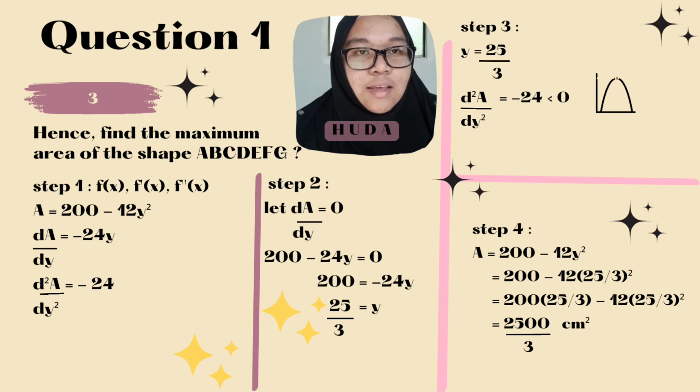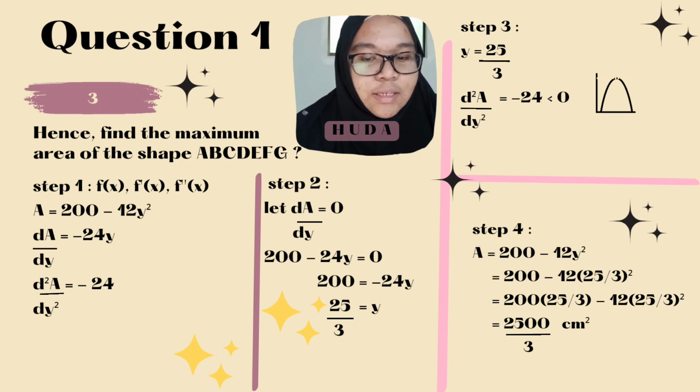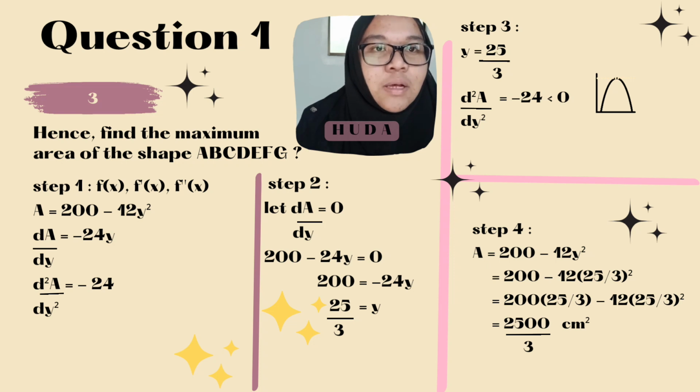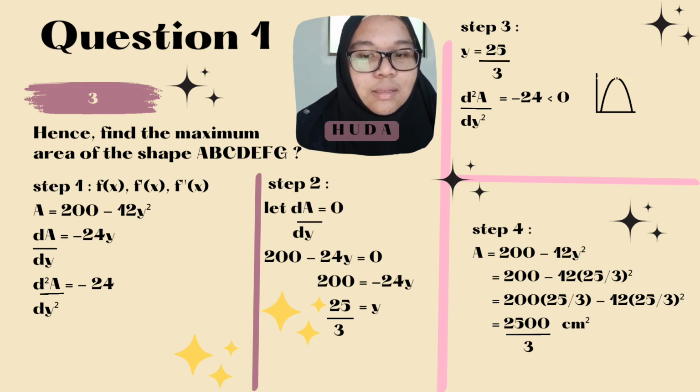We take a equal to 200 minus 12y power of 2, and 200 minus 12 is equal to 25 divide 3 power of 2. Divide 3 in bracket for the power of 2. And then 200 in the bracket 25 divide 3